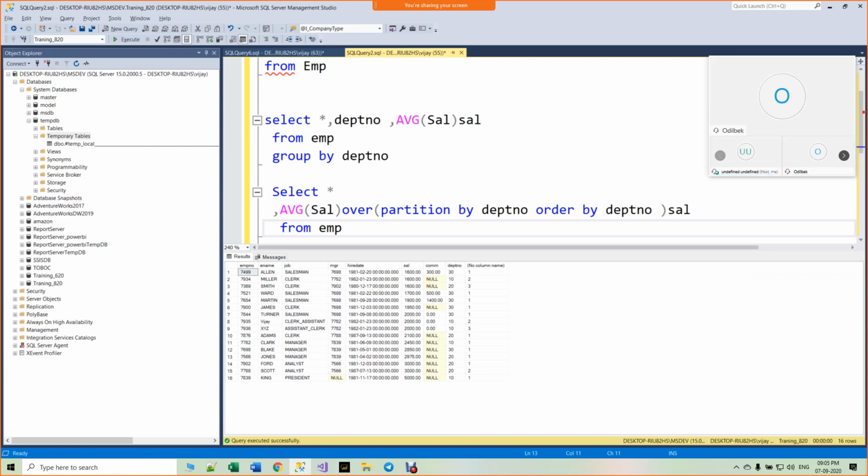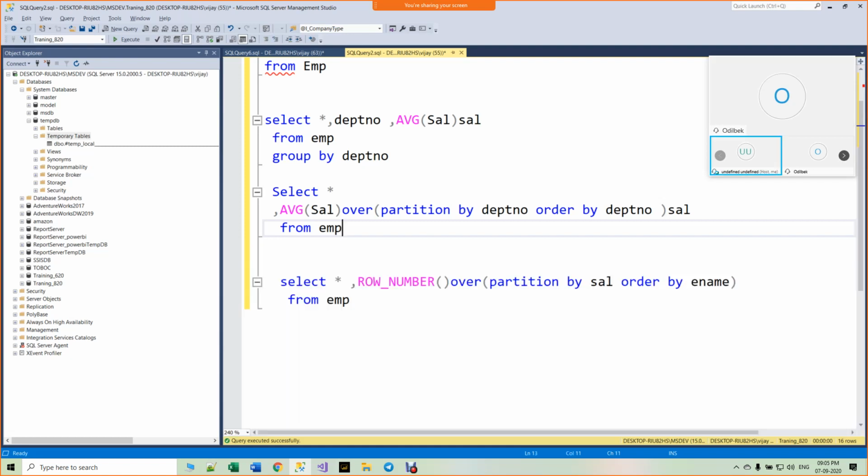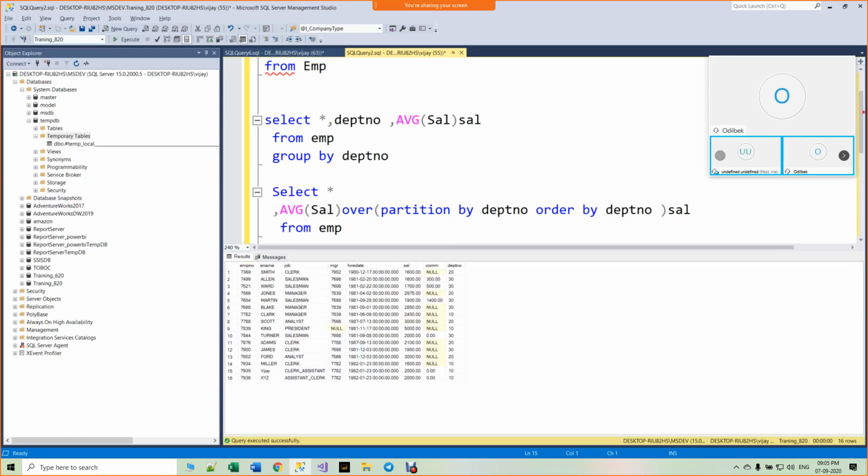If you see here, the salary is repeated thrice for three different employees, right? Now you would like to find out duplicate salaries. This is your salary column.